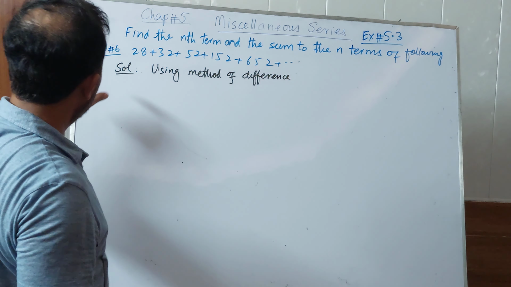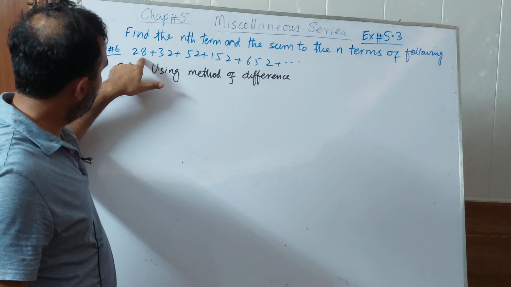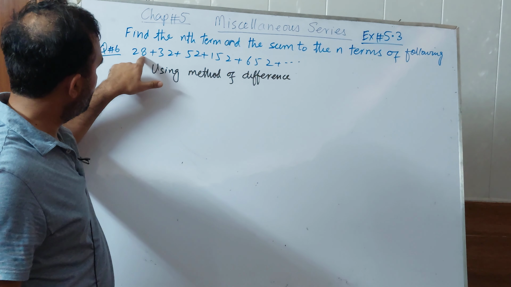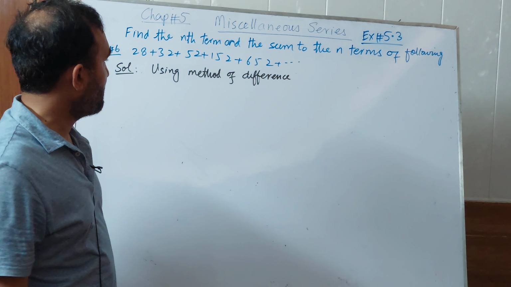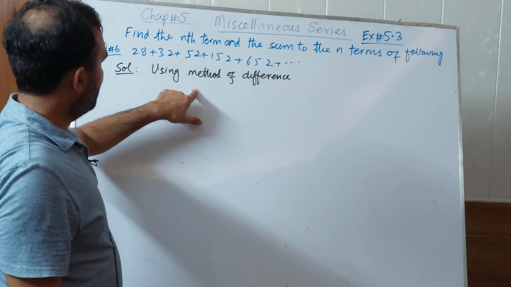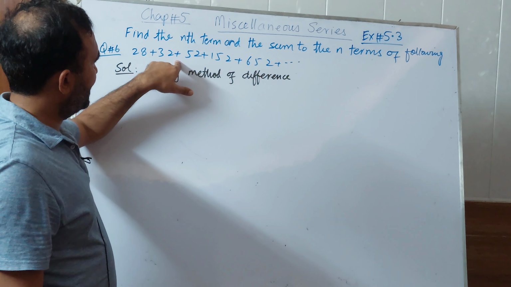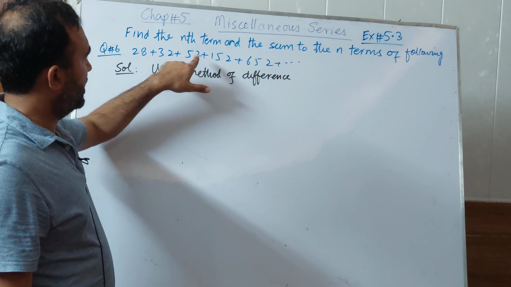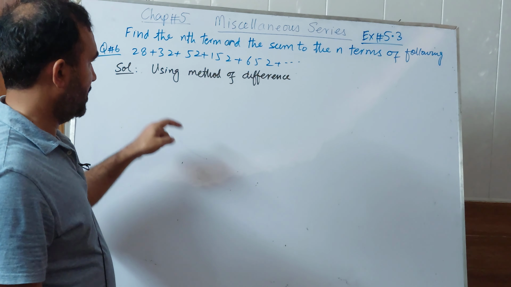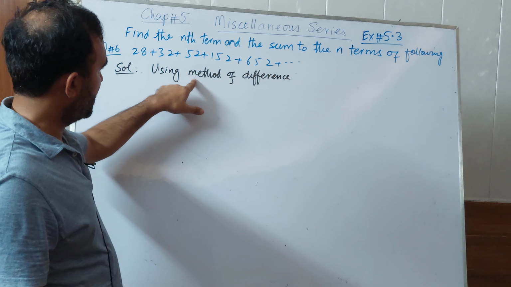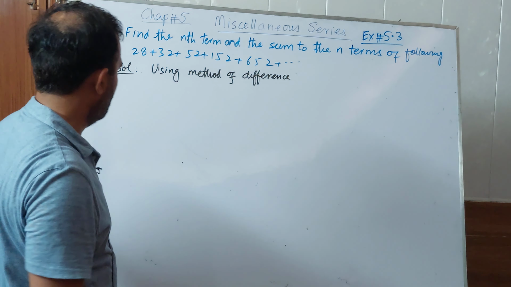Okay, in question 6 the series which is given, that is 28 plus 32 plus 52 plus 152 and so on, is not arithmetic, not geometric, and not even an arithmetic-geometric series, so that's a different one. The method we will be using is called the method of difference, in which we